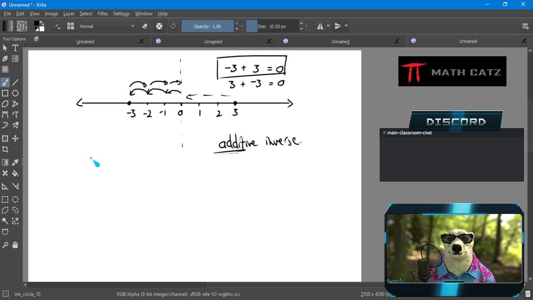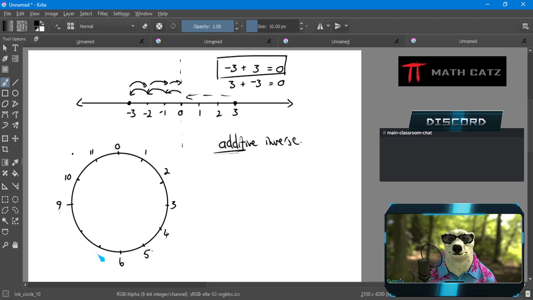First of all, I need to know what the size of the circle is. Now let's not get too crazy. Let's make it, I don't know, maybe an even number is nice. Let's stick to 12. Why not? It's an easy one to draw. I picture a clock. It's not hard to draw, and it's not hard to space them out nicely. So why not? Now I need to specify the circle, of course, because different circle, different thing. So I'm working mod 12. Okay, now I know the size of my circle.